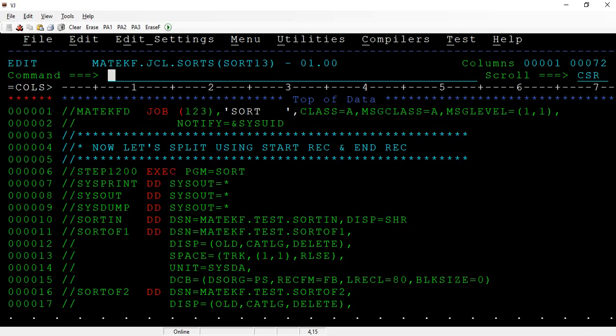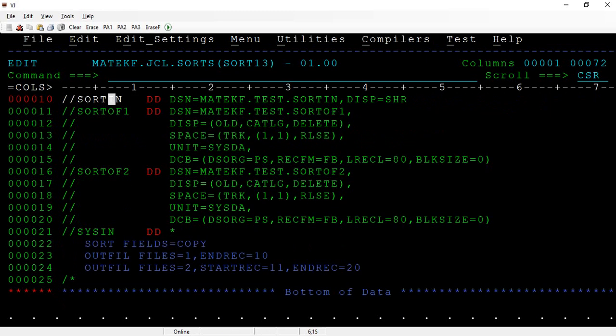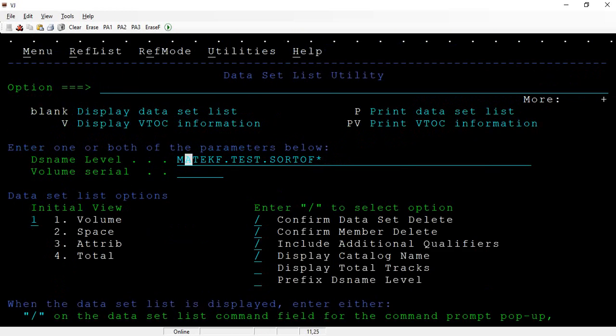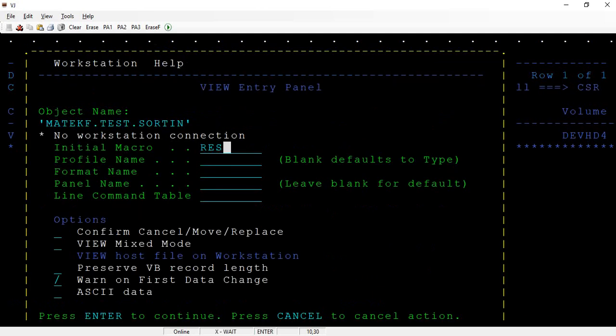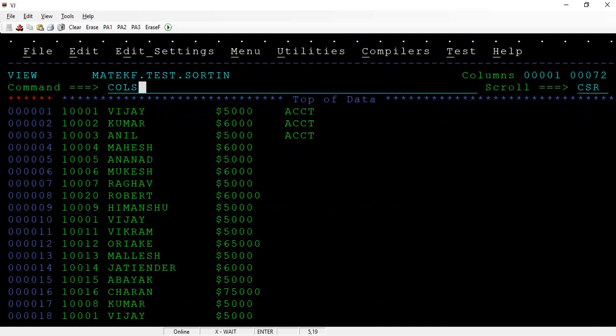Okay, now we'll see another shortcut, which is to split the record based on the selected records. I wanted to have a selection, and then based on that selection I wanted to copy those specific records. My requirement here is in the input file. Okay, let me go to the input file.